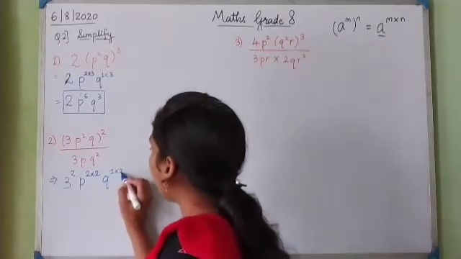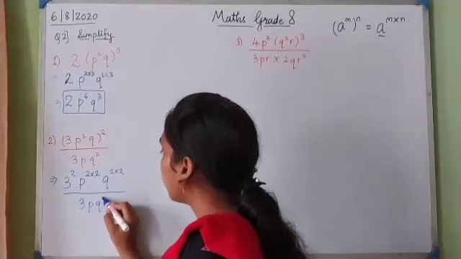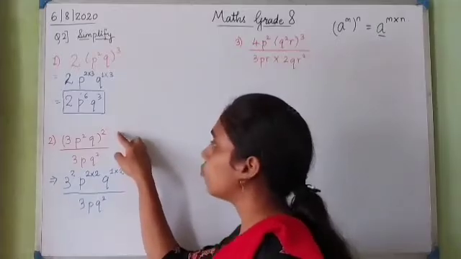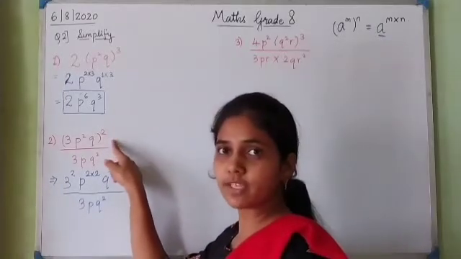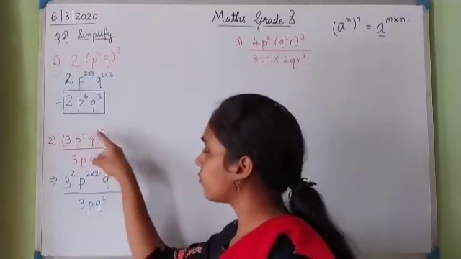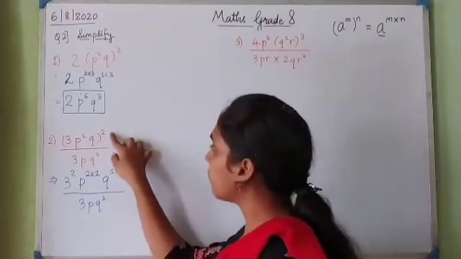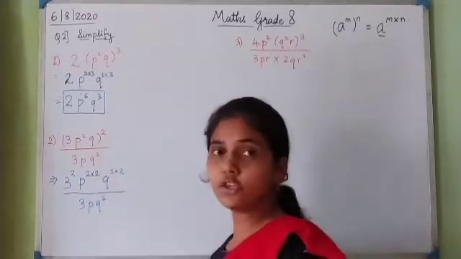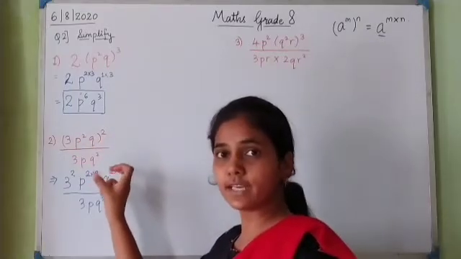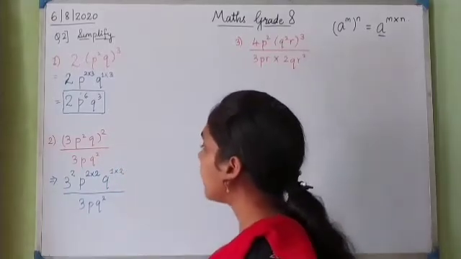So it will be 1 multiplied by 2, divided by 3pq square. Now you have to keep one thing in mind, that whatever outside power is given to you, you have to see that it is for whatever is there inside the bracket only. You have to put that power only for this thing. Now this power 2 is not for the denominator, it is only for the numerator. Okay, so you have to look carefully what is there inside the bracket, and for that only you need to put the power.